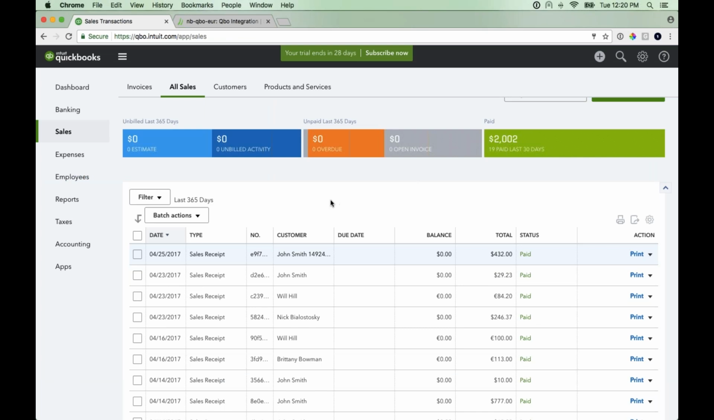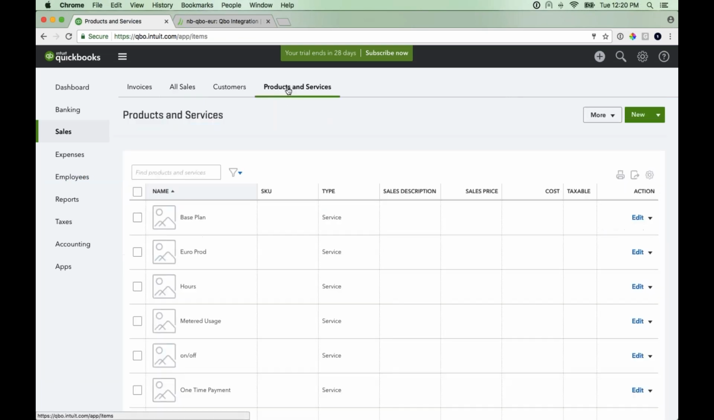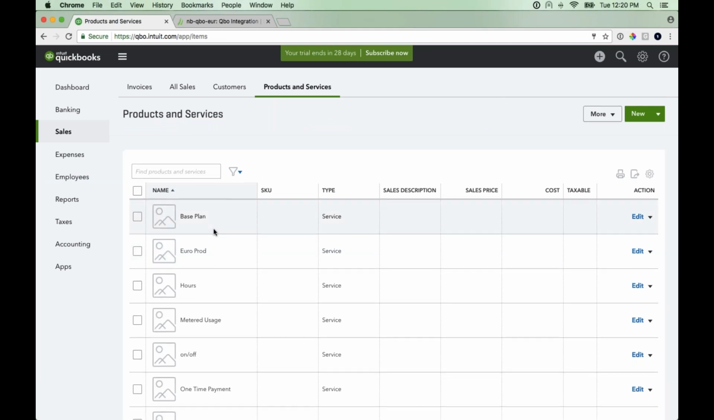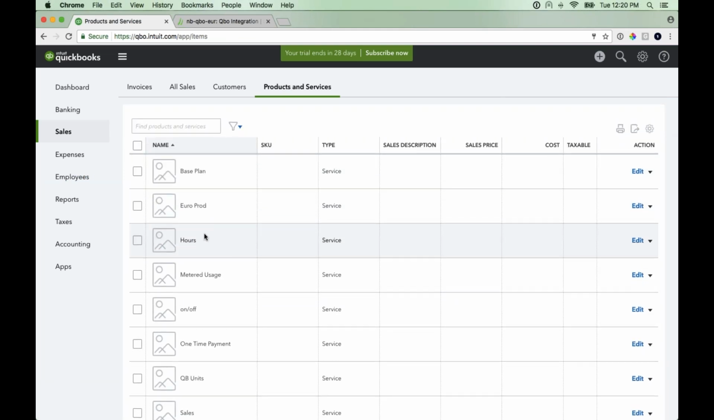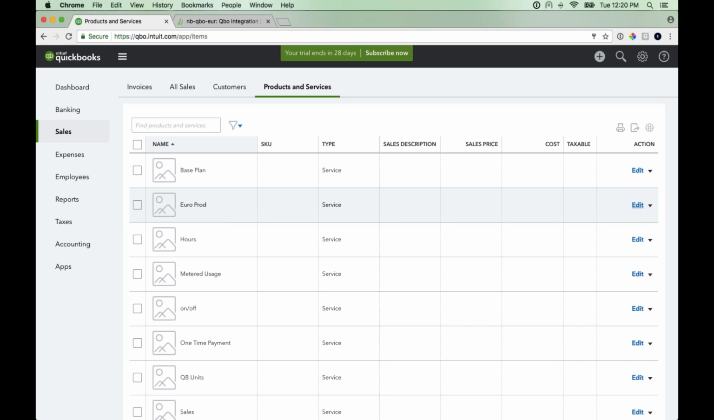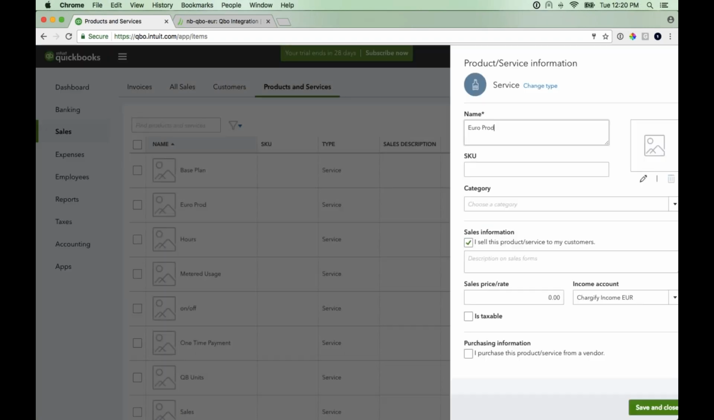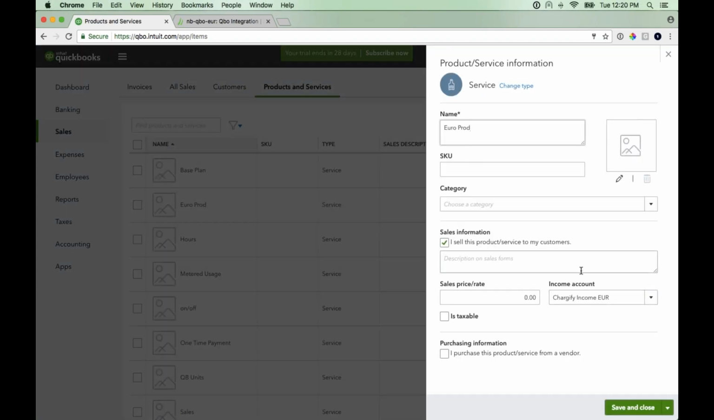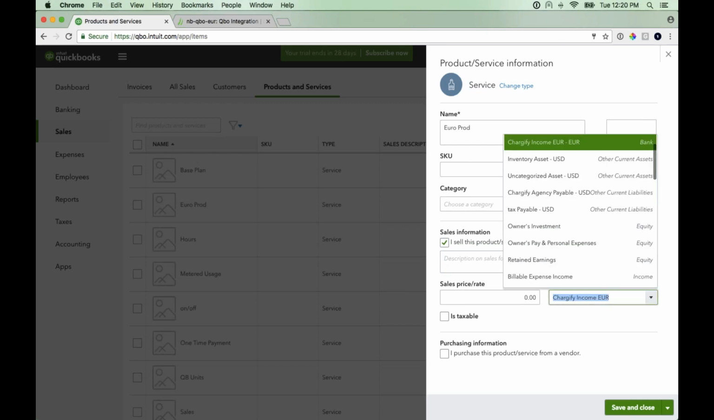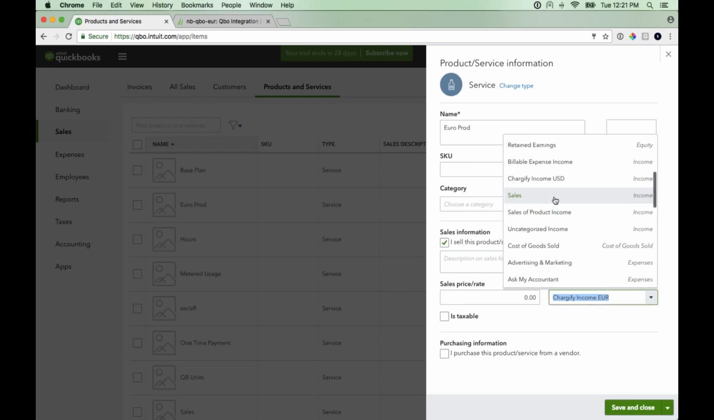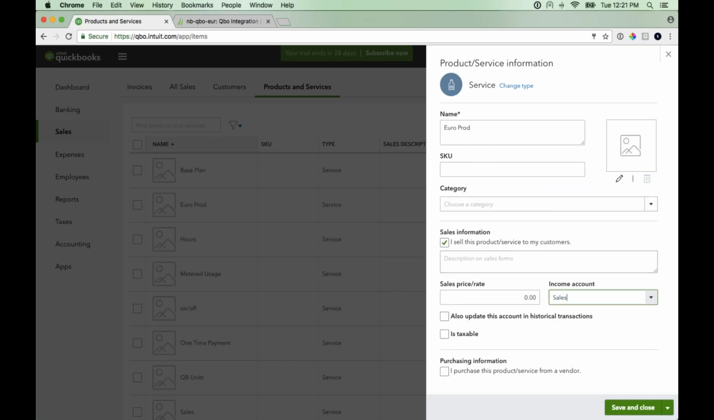Now, once everything is synced over into QuickBooks, every single product and component and one-time charge will be created as a product or service in QuickBooks. From doing this, it'll actually allow you to come in here and edit these products and services to be associated with different income accounts for reporting purposes in QuickBooks. So you can come in and say if this product was really associated with the sales income account,